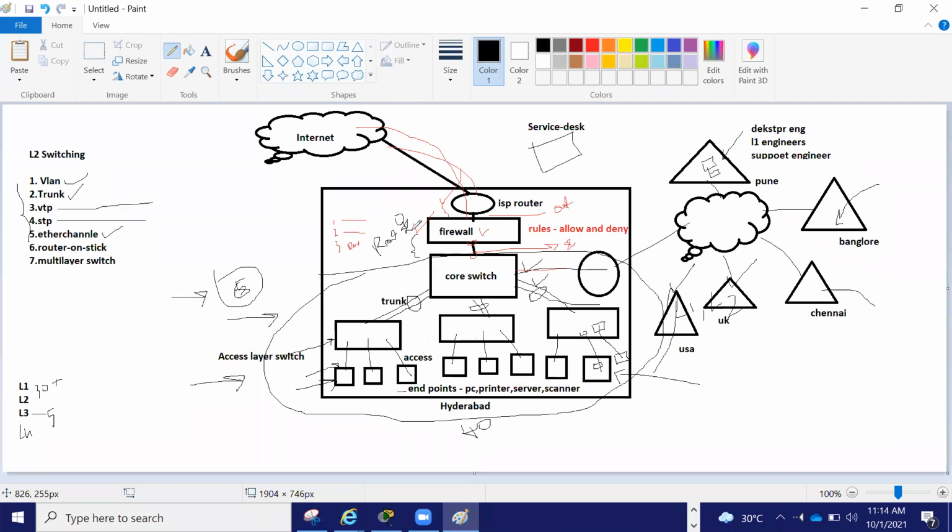If Shadab is like the office guy, his user ID is unique. It will get authenticated from something like an AAA server. Then only will it allow him: okay, Shadab is an authorized guy, you can come here. So a policy will be written there about what rights you have.